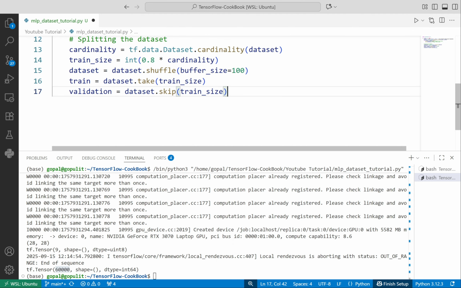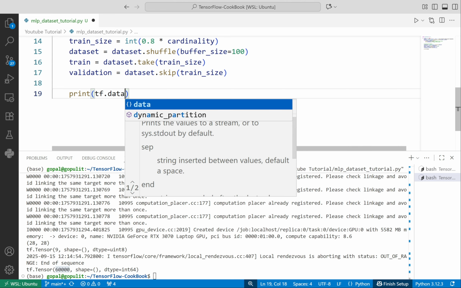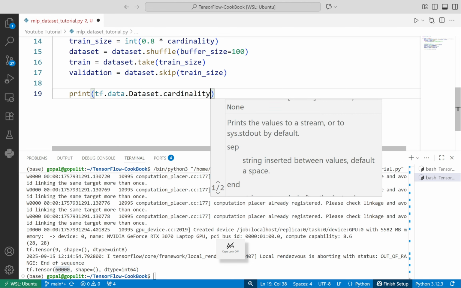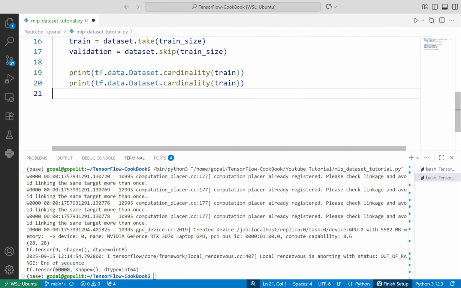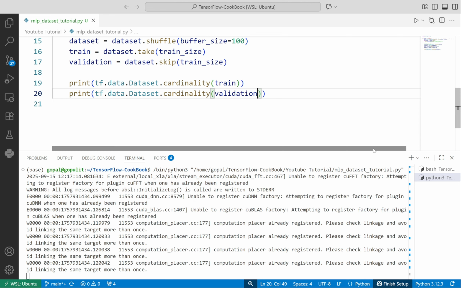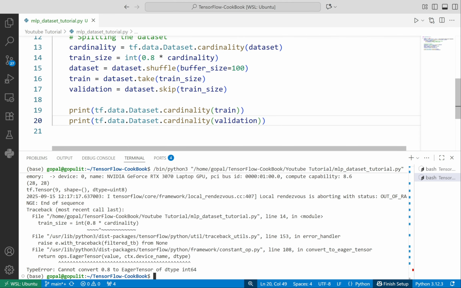And then you can also see, let's print the tf.data.Dataset.cardinality, and let's take the training part. Similarly, let's take the validation part and see how it looks.